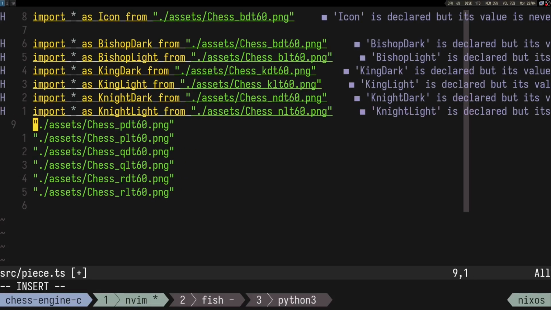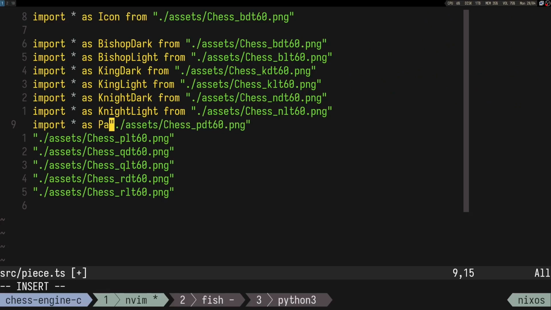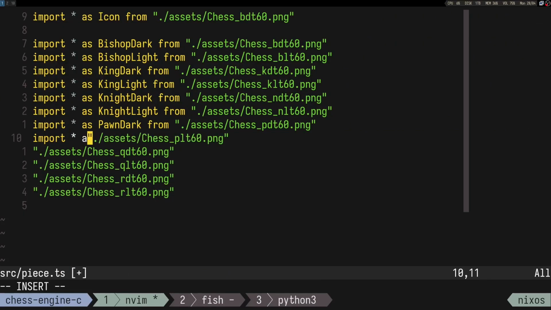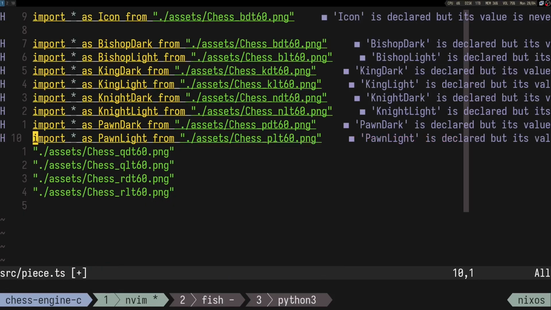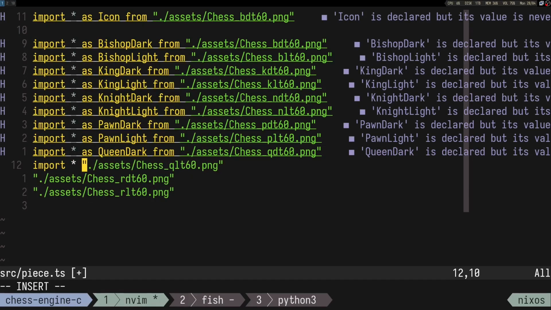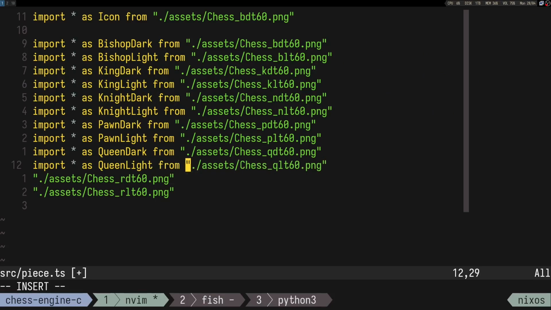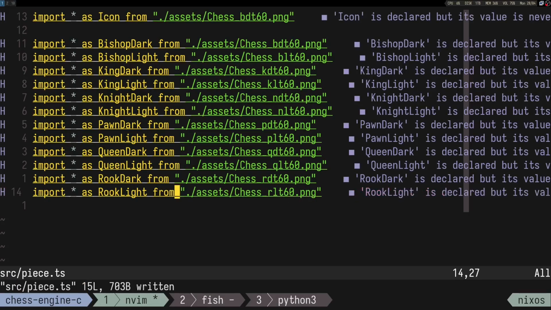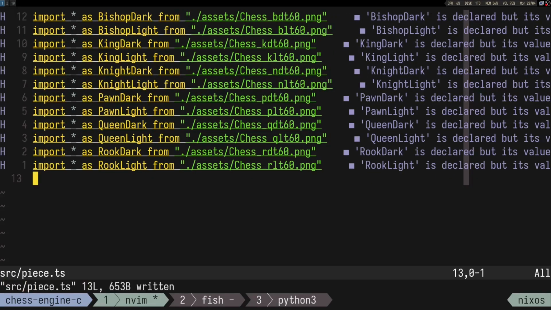Okay, I guess this is a pawn with a p. Let's import the queen light, root, it's the rook. Okay, perfect. So now we have all of these pieces,